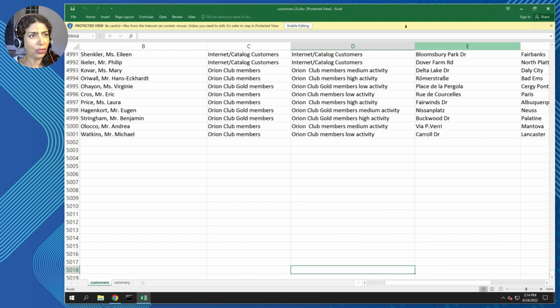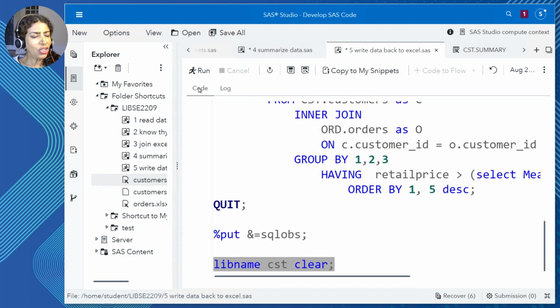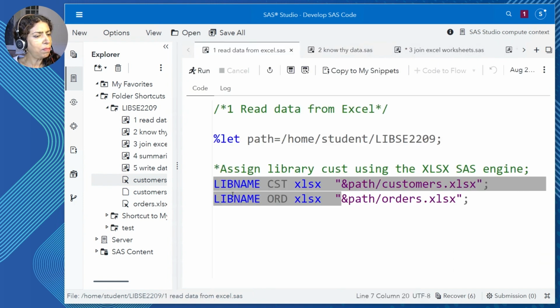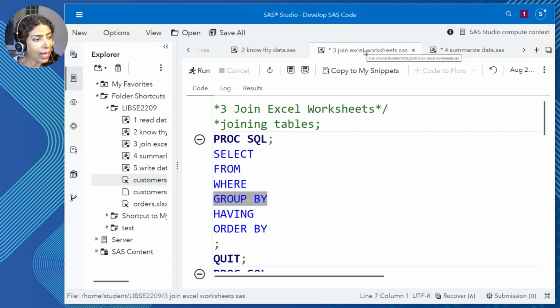Truly magical. This ability of SAS to be able to connect to Excel just by pointing to it, simply by using the LIBNAME statement and then doing all of this work. This is how we want you to do the work, to do all of the analytic work in SAS.